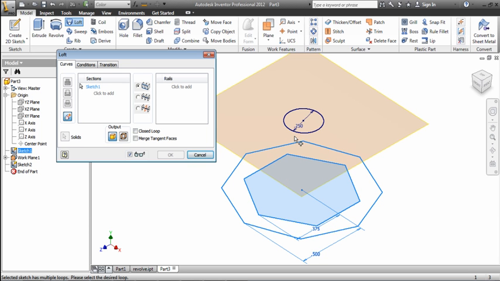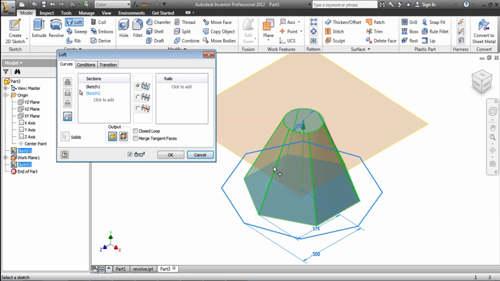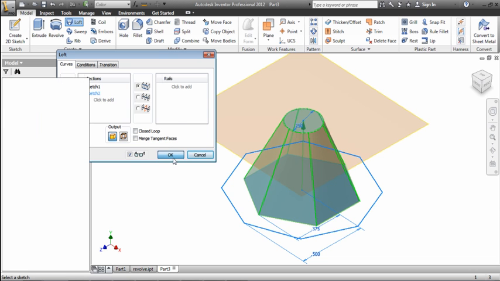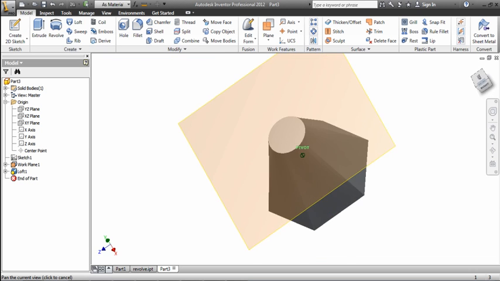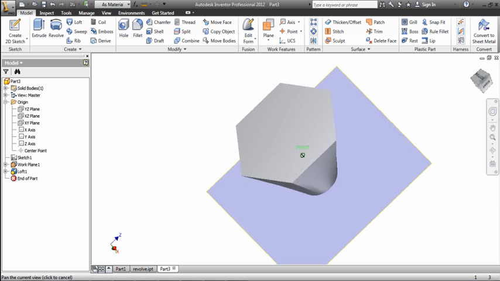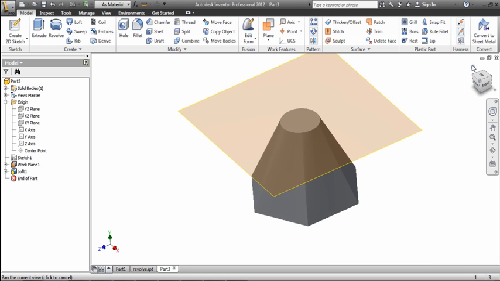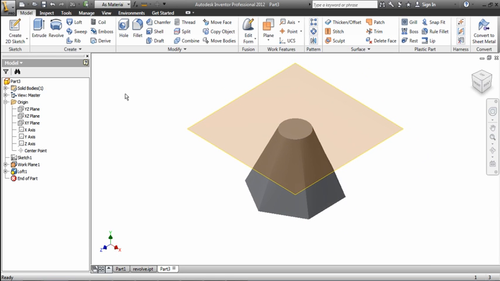The reason for this is if you have two profiles on the same sketch and you're choosing one of them or the other, once you've selected the one profile that you want, you have to hit click to add. Now I can add this to my loft, and now we can see that the loft is doing it to our hexagon instead of our octagon. Okay? I'm going to go back in time one more time,